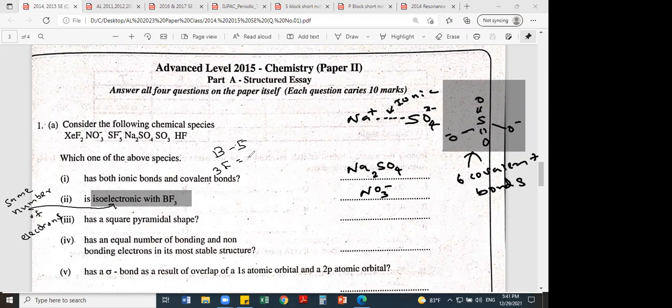So then how many electrons total? 9 into 3 is 27. Within brackets I write 9 into 3. What is the total? 32. So if you check